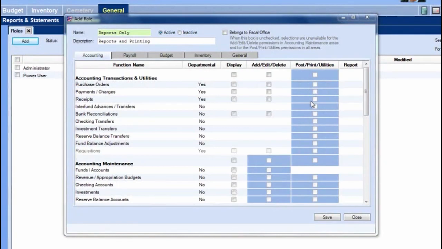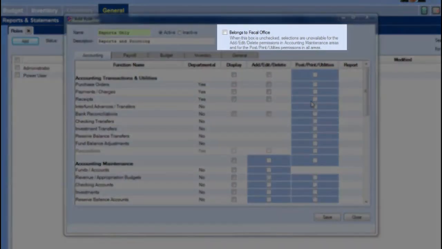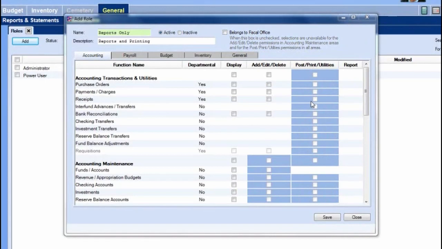Next, if this role will belong to the Fiscal Office, click the Belongs to Fiscal Office checkbox. What this checkbox does is enable the Post-Print Utilities boxes and the Accounting Maintenance boxes to be checked in the Accounting tab. When unchecked, it will clear and disable all Post-Print Utilities boxes and the Accounting Maintenance boxes other than Display. For our example, we do not want to allow the role to use the Post-Print Utilities functions, so we'll